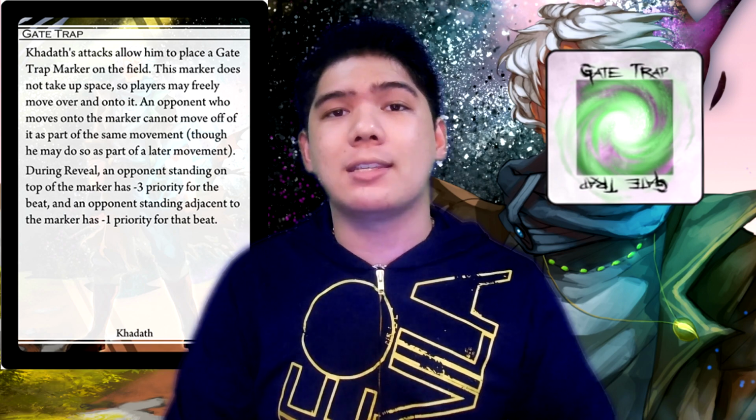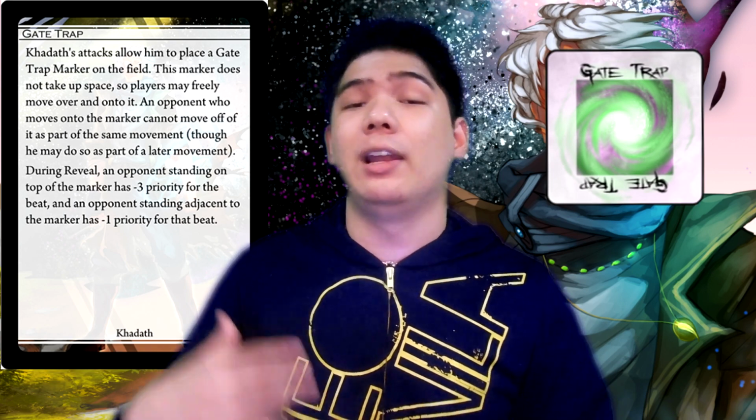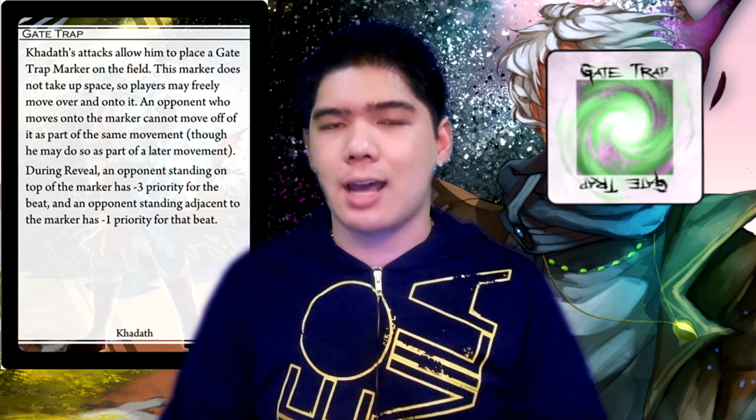The thing about it though is that an opponent who enters the marker space cannot leave that space in the same movement. However, they may do so as part of a later movement. This means if your opponent has a really big movement effect that moves like 7 spaces or whatever, if the Gate Trap is there, they get stuck. However, if they have multiple small movement effects like various advance 1 spaces, they can easily bypass the Gate Trap